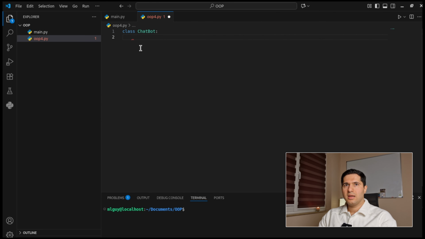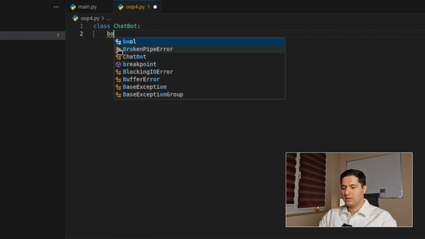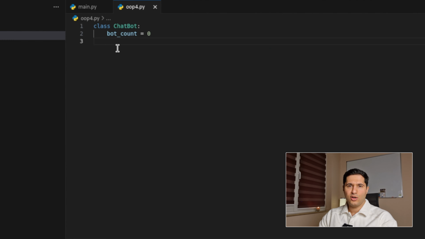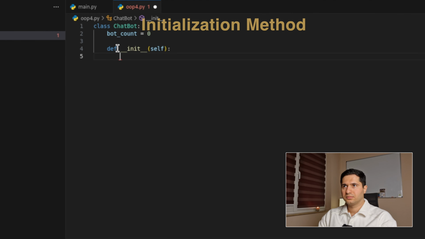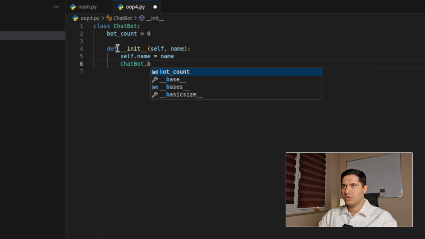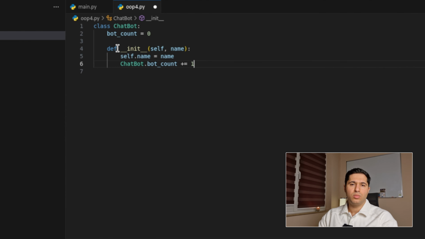Just copy paste the name, and we define a variable called bot_count. The bot_count basically is the class attribute. Let's define the initialization method. And here in the initialization, we add the bot_count by +1 whenever we create a new object out of